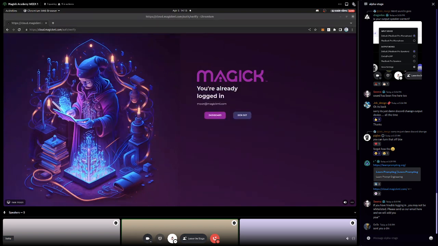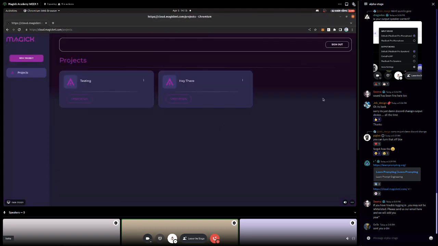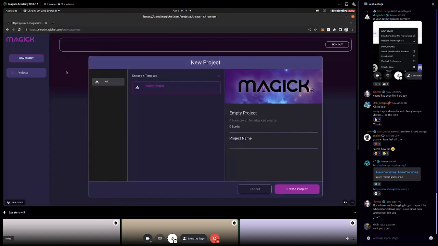Okay, and I have logged in. It took me to my dashboard, and here I am in the cloud. We're just starting with the cloud. It's still very slim. We have a lot of things coming here, new templates, a marketplace. Right now, it's just a place to manage our projects. Let's say I make a new project. If you don't have any projects, you'll probably see this new project screen. I have a couple of projects, so I have to click on it. I'm going to say week 1. That's the name of this project. I'll create that.